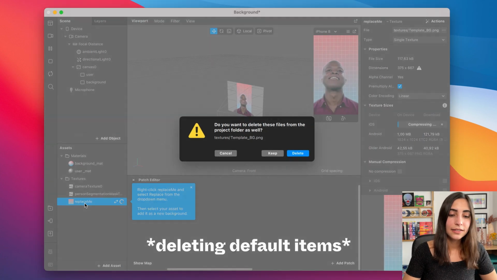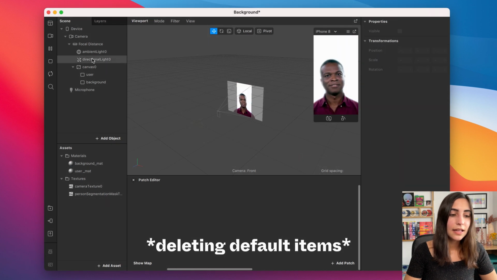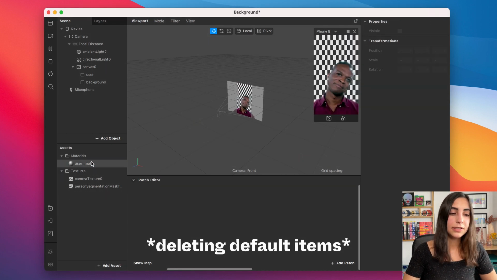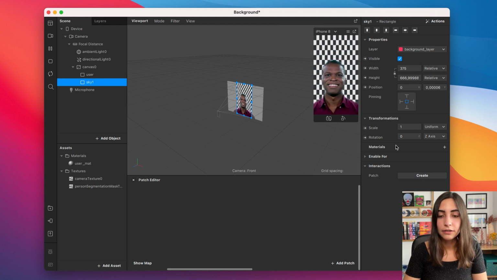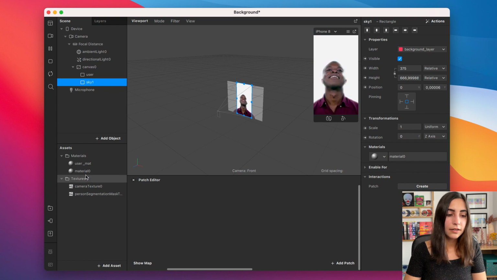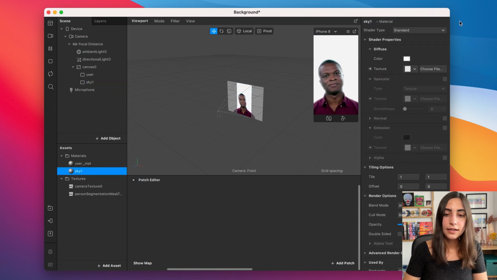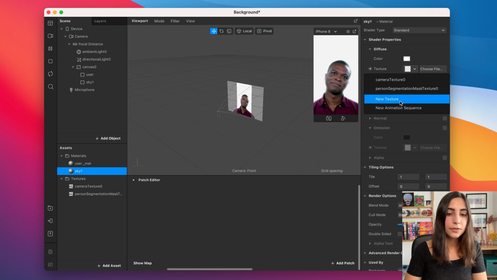we are going to be deleting the background that they added by default and also the material. Here let's just rename it to whatever we are making the background about. For me it's sky. We are going to be creating the material, rename it, and add a new texture, and